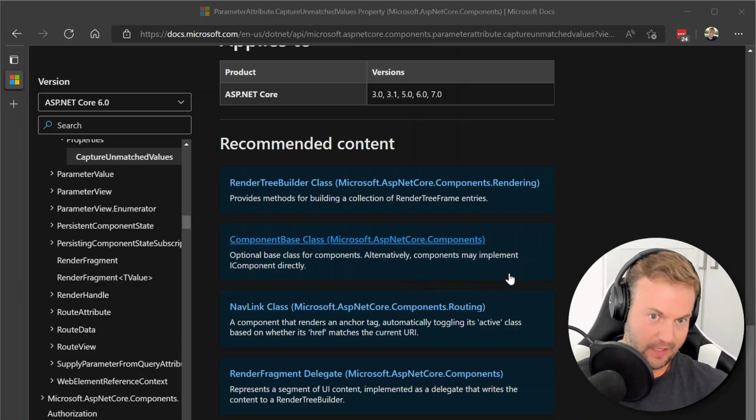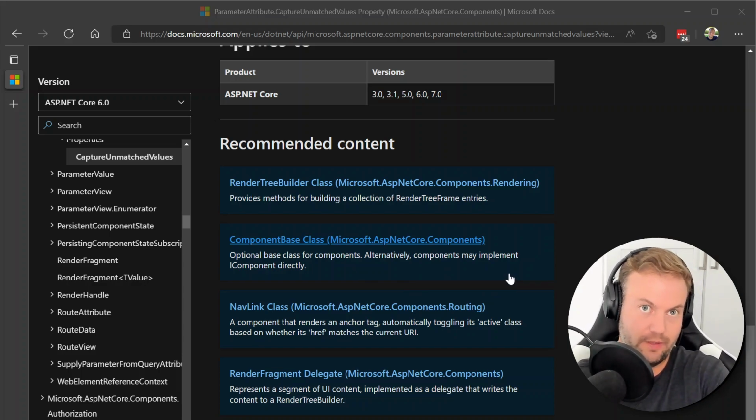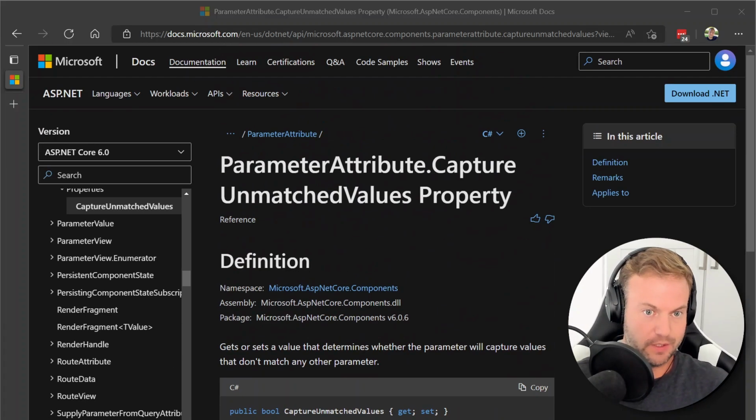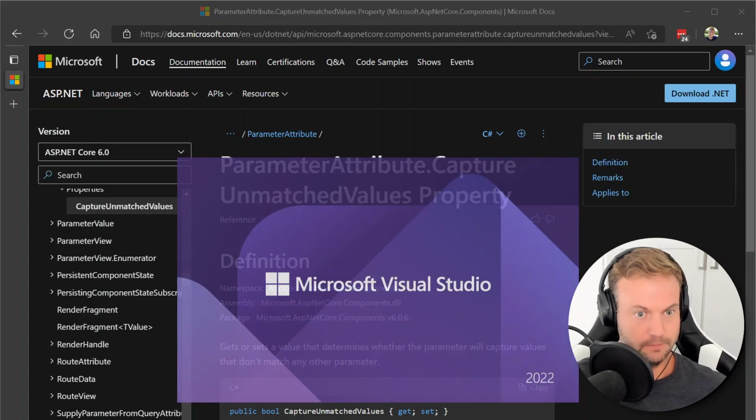And basically, when you have a component, whether that's a page or a routable, a page is just a component that's routable, you have these parameters, right? So this is the one overload in the parameter attribute, you can actually add this capture unmatched values. So I'm going to open up a new Visual Studio, and I'm going to go